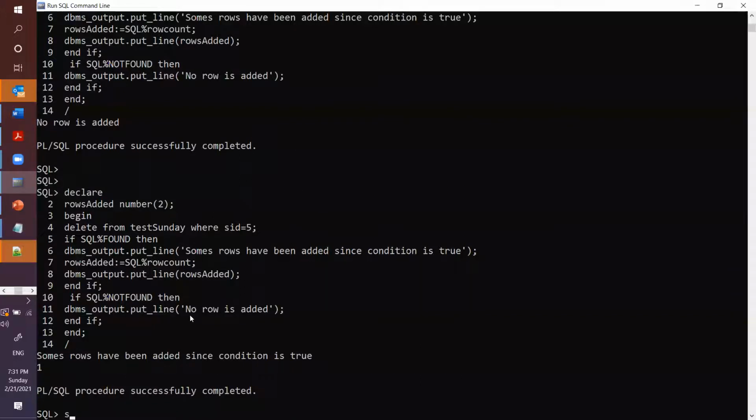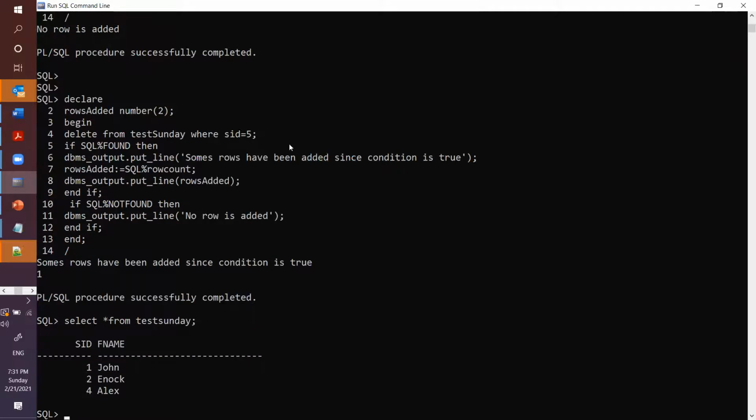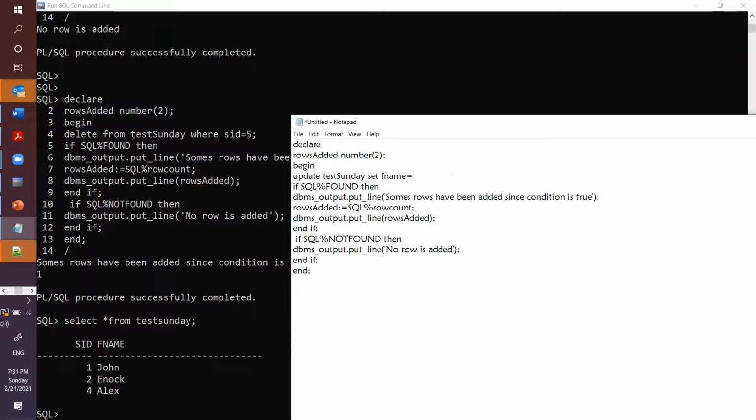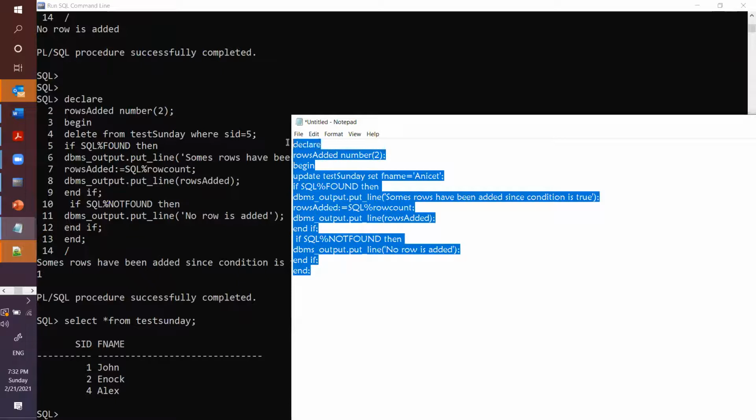Let's see the value in the database. Select all from test Sunday. So f name, yes, the column is f name. So let's update and set f name equal to, for example,